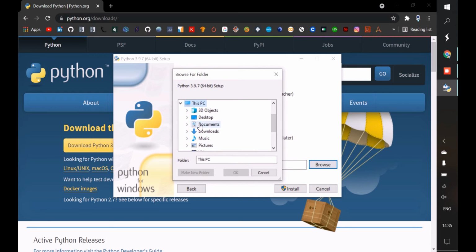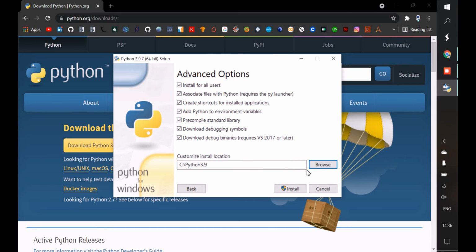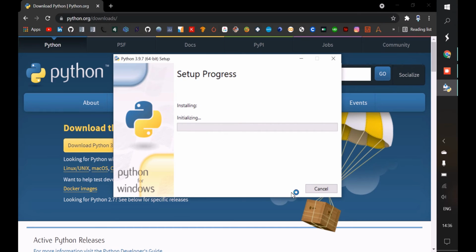Go to This PC, go to Windows C, click on make new folder, and name your folder Python 3.9 and press enter. Then select this one, then OK, then install, then click on yes to give permission.